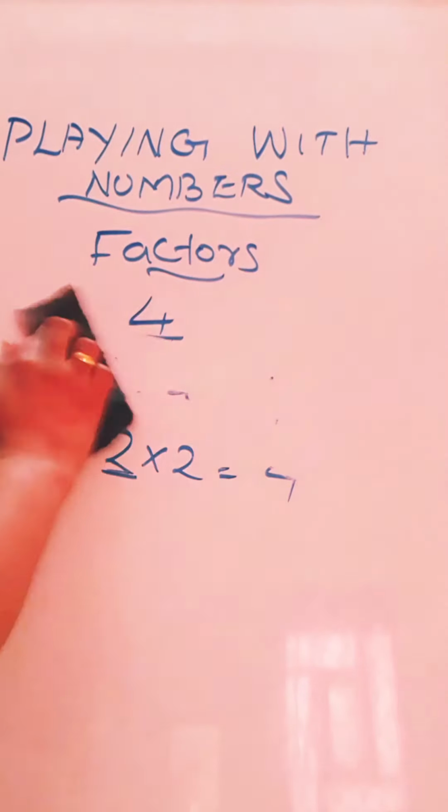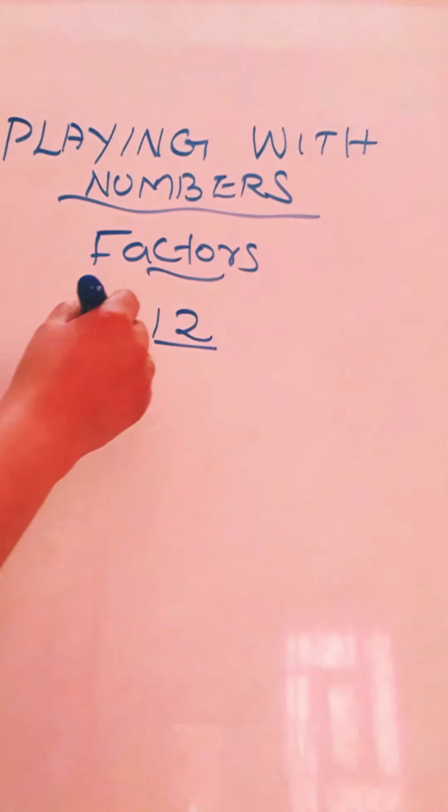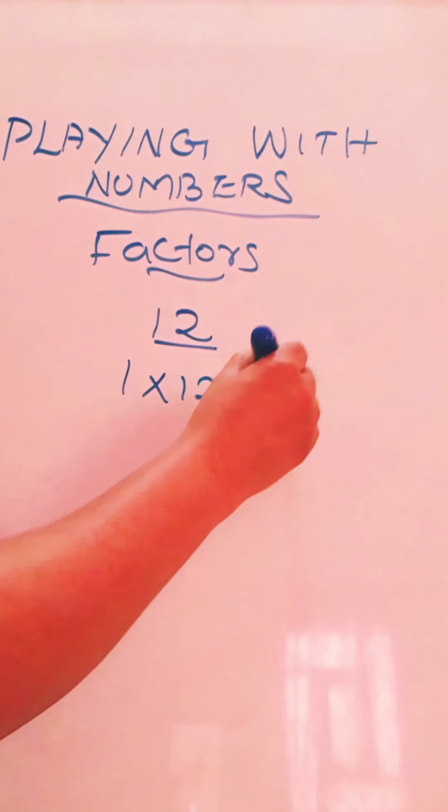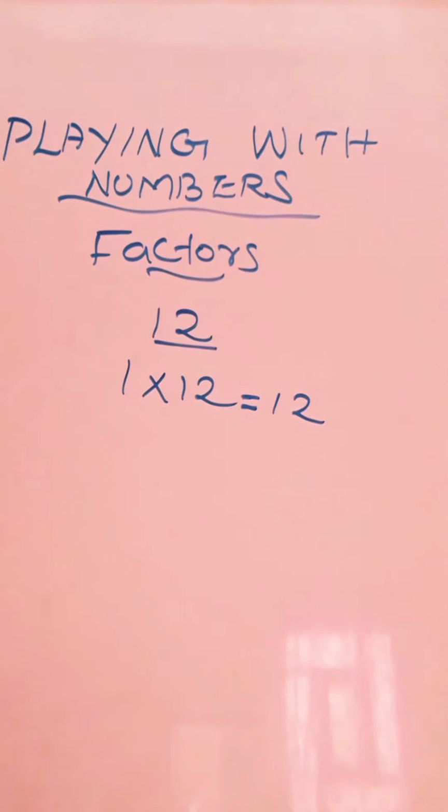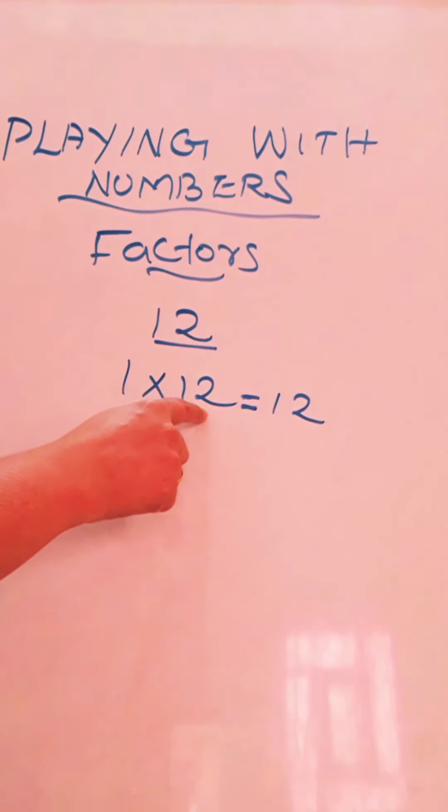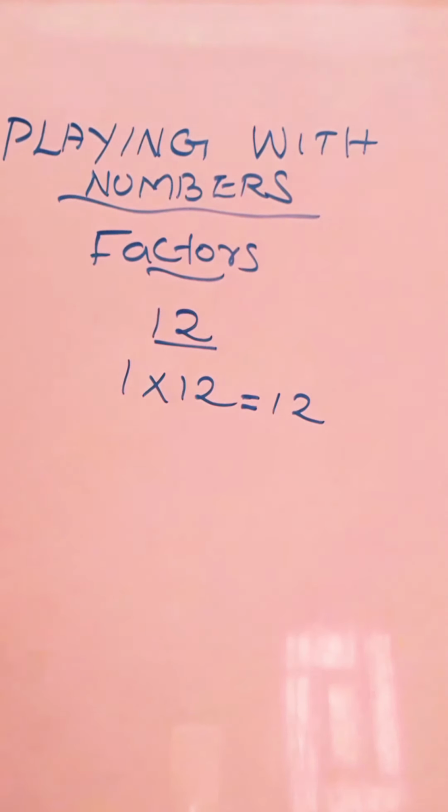Now I will take a two-digit number, 12. Write the factors of 12, or find all the factors of 12. What should we do? We write 1 into 12 is equal to 12. That means how am I getting 12? By multiplying two numbers. In other words, in which tables does 12 appear. Any two smaller numbers when we multiply, or equal numbers. So a factor can be smaller or equal also.